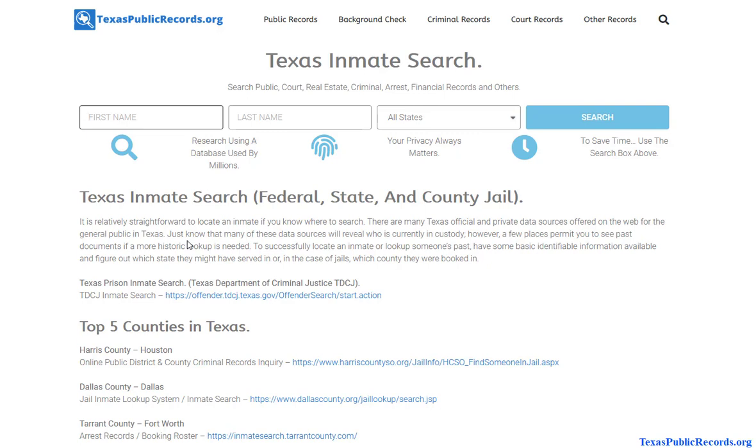So to make sure you have your bases covered, make sure you're more informed. It's also a great tool to use in addition to the local resources and the state resources you have within the state of Texas. So once again, it's